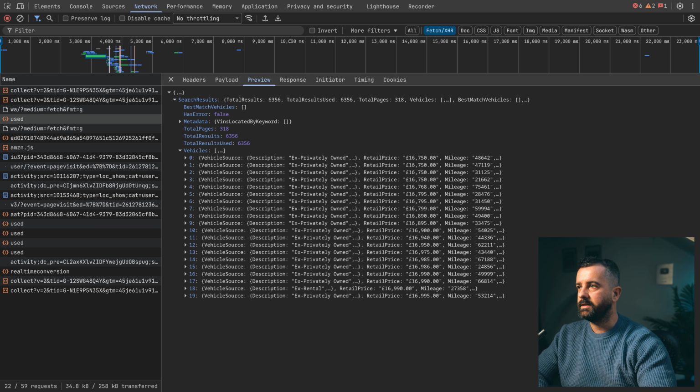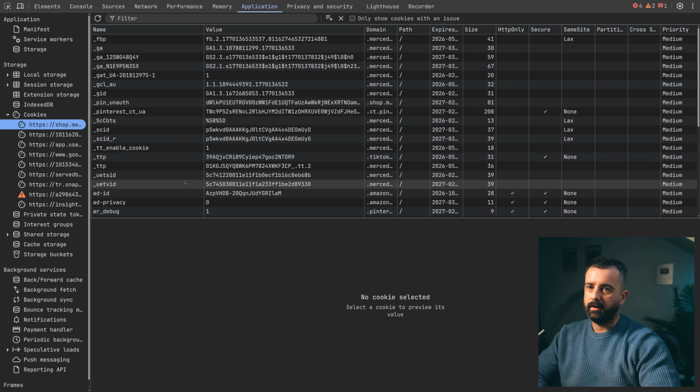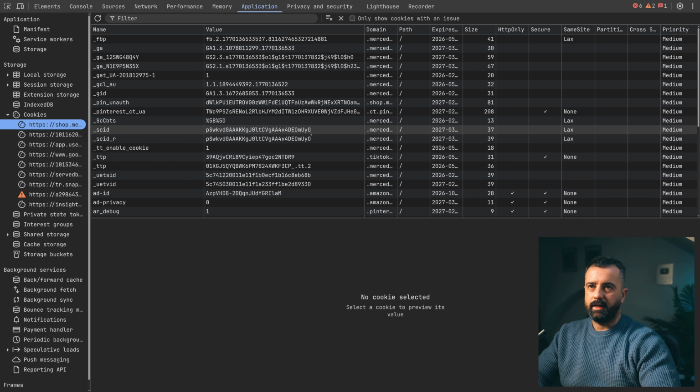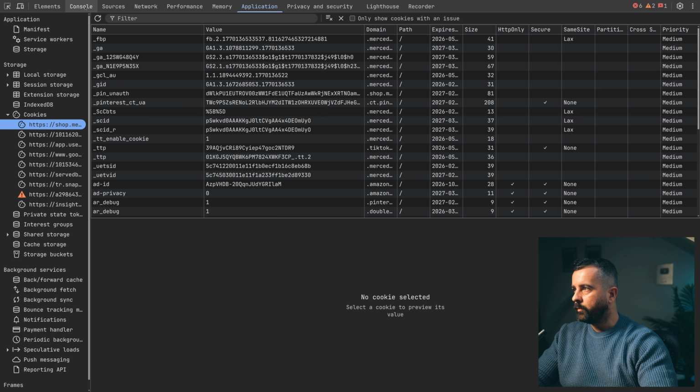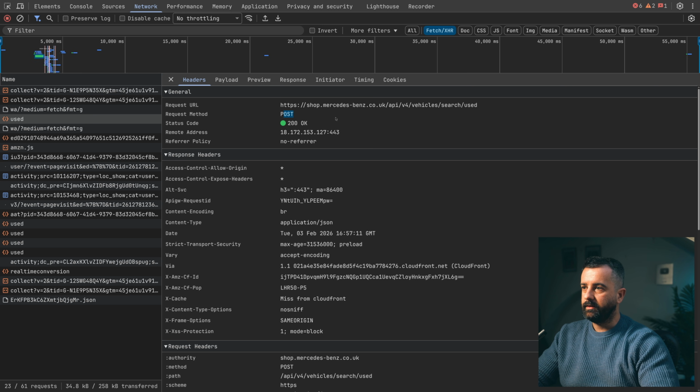So the next thing that I did was I looked through the cookies that I had here, and we can see none of these to me screamed anything like anti-bot protection. So there was no Cloudflare or anything like that. So now I was just going to proceed as normal and then deal with any that came up, which it didn't. But what we have, if we look at the network headers, is A, this is a post request, so